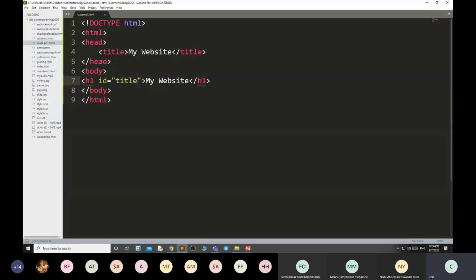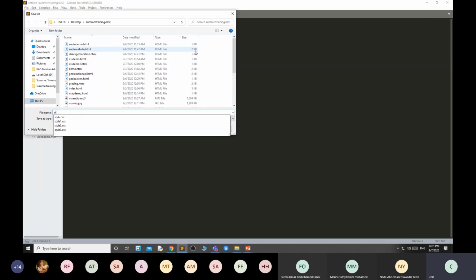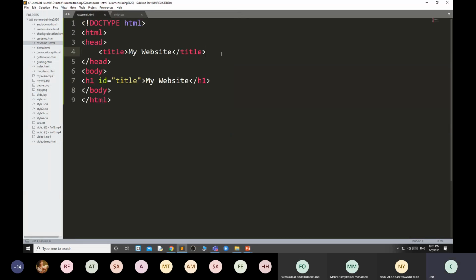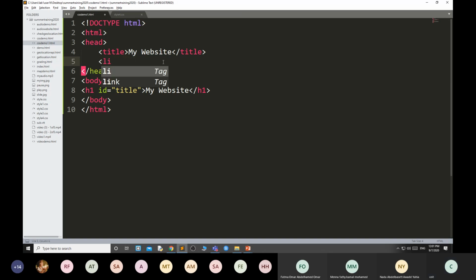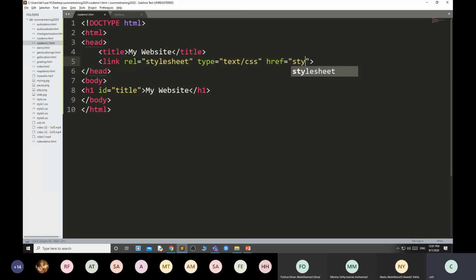Then I create another style sheet and save it as style4.css, and here first link it, style4.css.